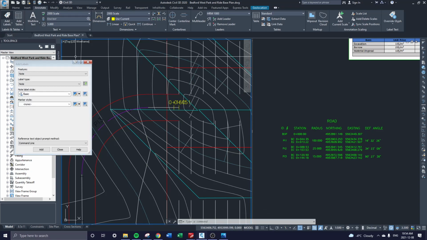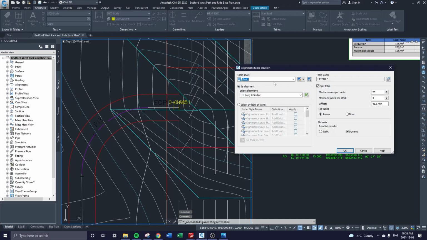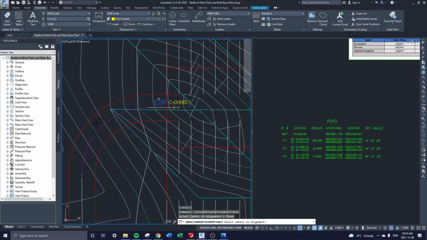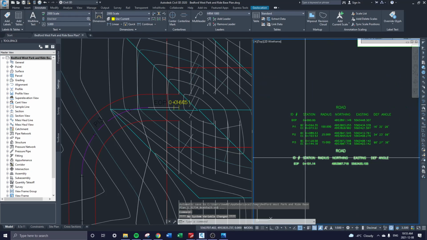We're going to now go back to our trusty annotate tag here. Same idea, alignment, single segment, except now we're going to have HRM bearing over distance, end of project. Hit add, select the very end tangent so that EOP populates. Very good. And now we're going to add, like what we did for the first one, a segment table. Now we have this nice EOP, right? We're going to select label by style, hit that green cube again, select the code that we just created, hit enter, hit OK. And now we have, lo and behold, kind of our tail end to the